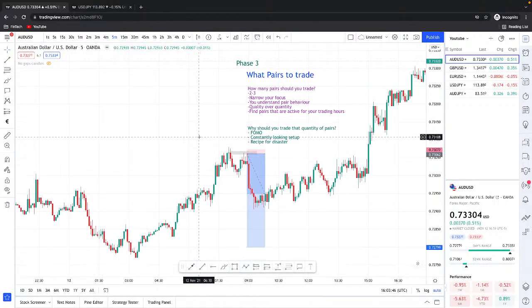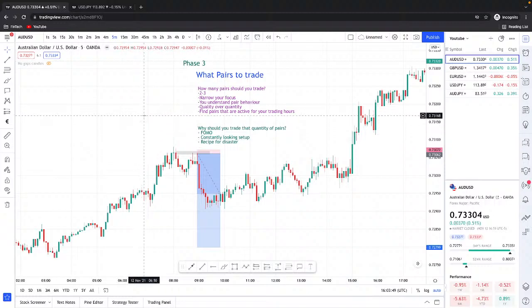So this is the part that I will cover in the initial part: what pairs to trade. If you studied our phase one and two carefully, what we are dealing with here are stop losses of 1, 2, 3, 4, 5 pips, which is very tight. So the first thing first,